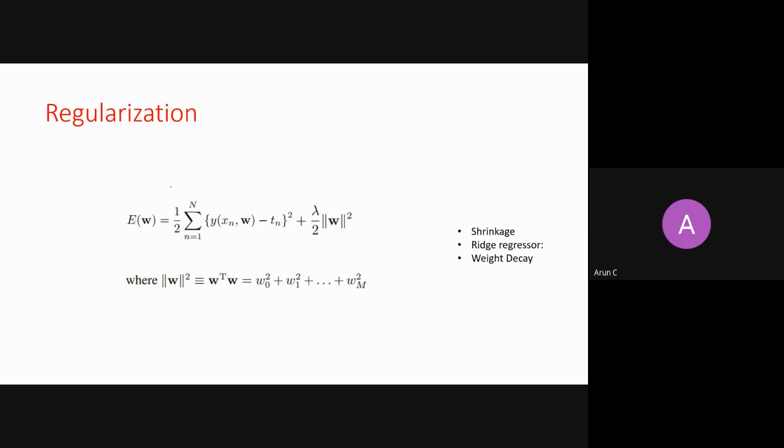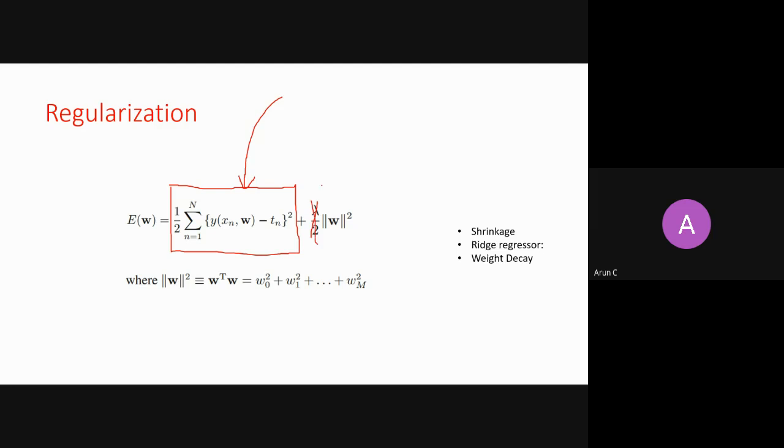So there are two terms here in the error function. This is the first term, which we had originally, right? And this tries to minimize the distance between your training data points and your curve. To minimize this first term, you try to take very sharp turns so that your curve will go through every data point. But what will happen when you try to minimize this first expression is that your norm will start getting bigger and bigger. Then you introduce this second term, just ignore this lambda by 2 for now.